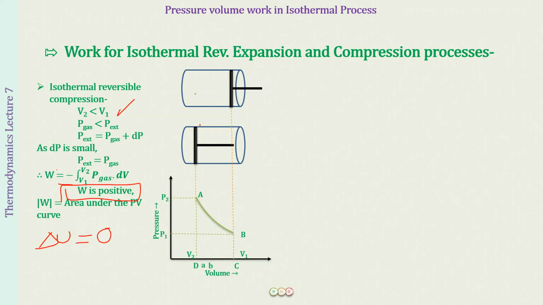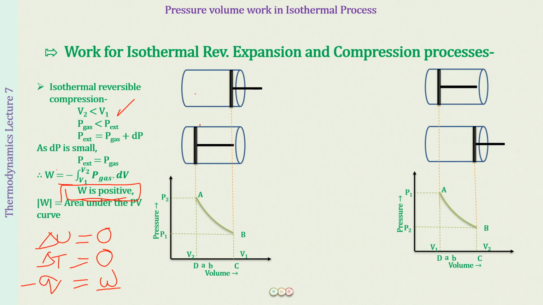So delta U over here will be 0, because the process is taking place at the same temperature. So delta T is 0, so internal energy will also remain the same. Whatever work has been done on the system is going to be liberated out as heat. So we have work to be positive and heat is going to go out of the system. So Q is going to be negative. So heat is going to be evolved from the system. Okay, so these are certain more things that you have to remember over here.